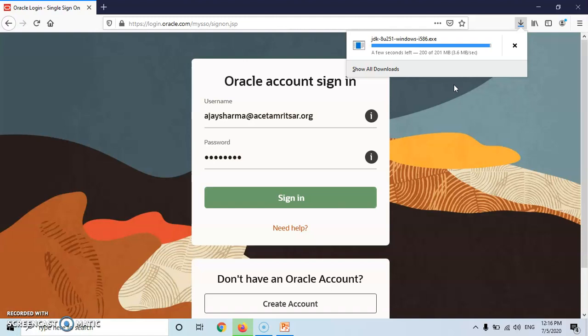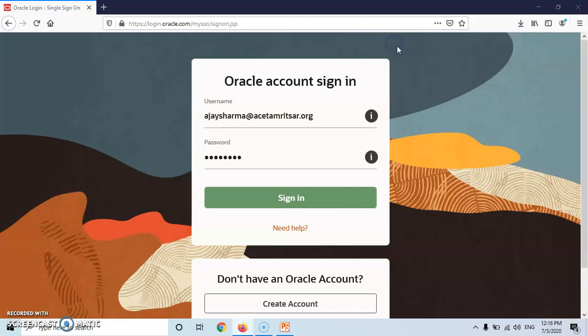Yeah, so that's complete. I can double click on it to run it so that we can install Java. I've double clicked on the file, and I just follow the on-screen instructions for the installation.